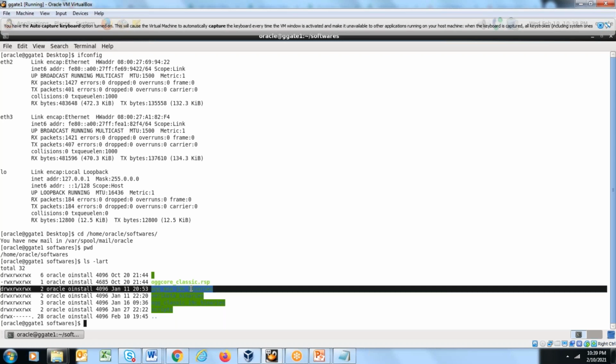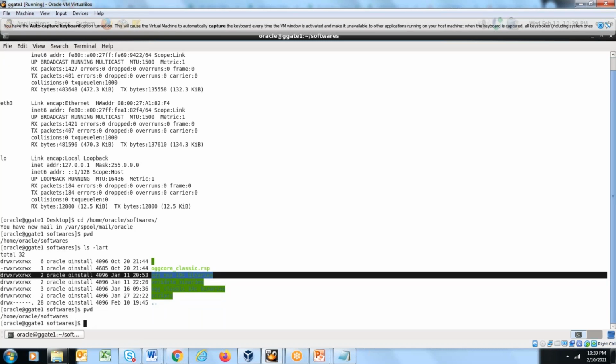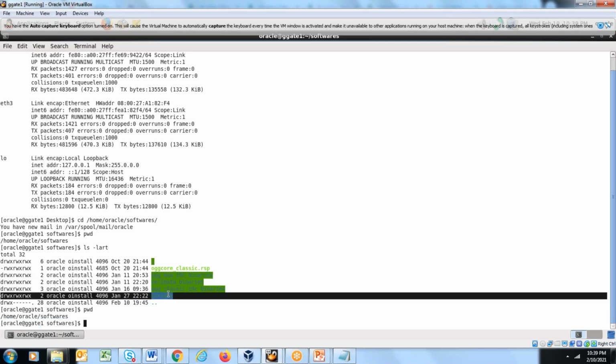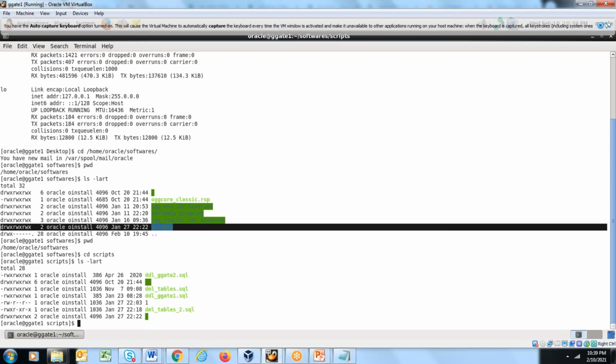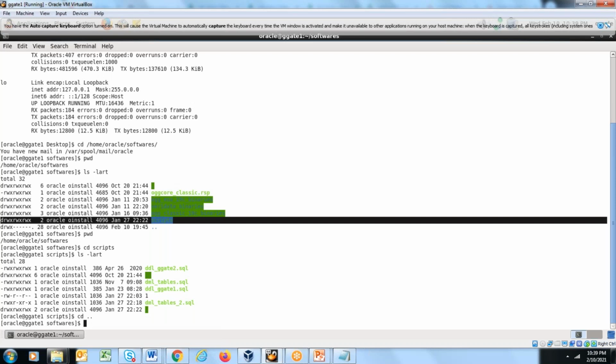So in your VM, when you import, you will find these binaries available under /home/oracle/softwares. And there is one more folder called scripts. Under this, you can find a few scripts related to DML and DDL, which we'll be using later on. So the location is /home/oracle/softwares where you can find Golden Gate binaries. Now coming back to database setup. Binaries are already installed, but you have to create the databases using DBCA.